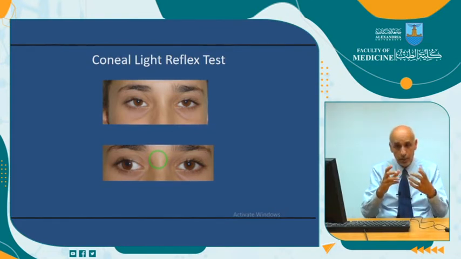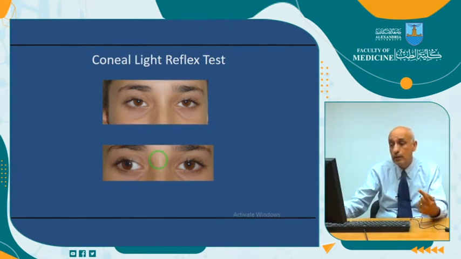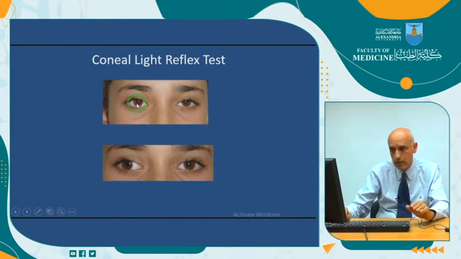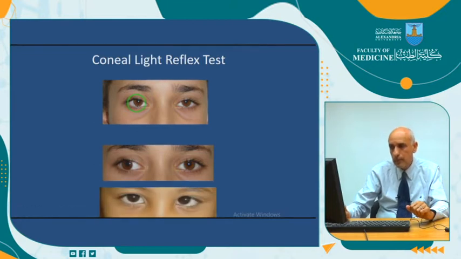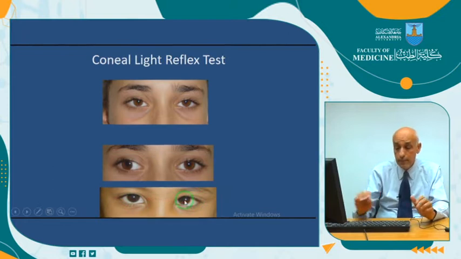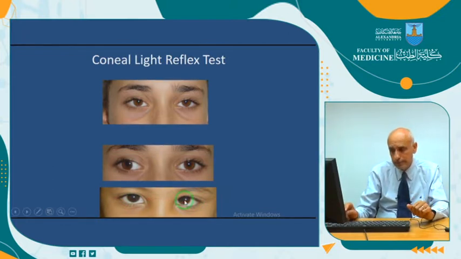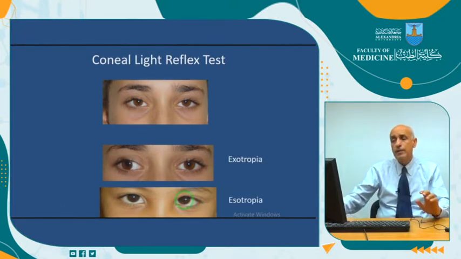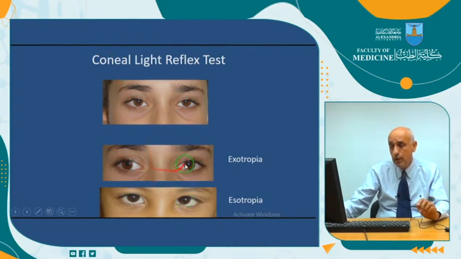You can even check it by photo, as in this picture. This is a flash reflection from the surface of the cornea. It can tell you if the light reflex is central or not. Whenever he's looking, the light reflex is the same at any part of the eye. If there is any problem like in this picture, we'll find here the light reflex is central on the cornea, and